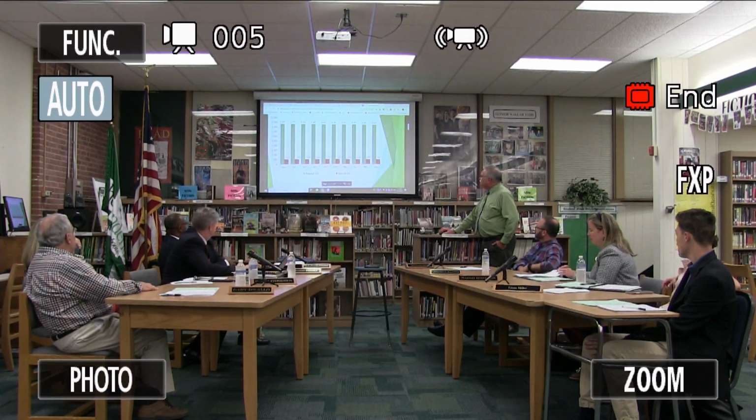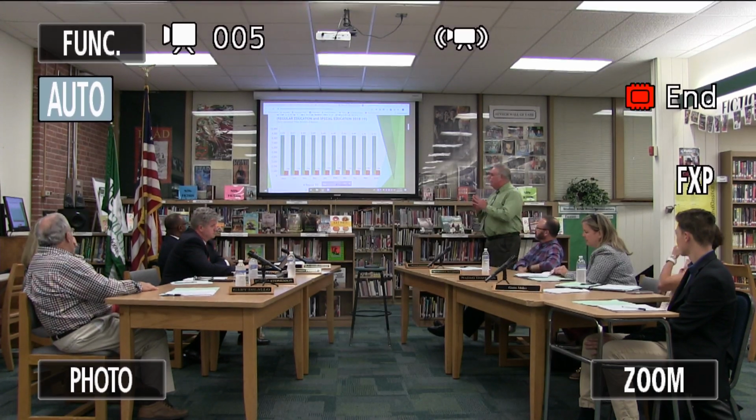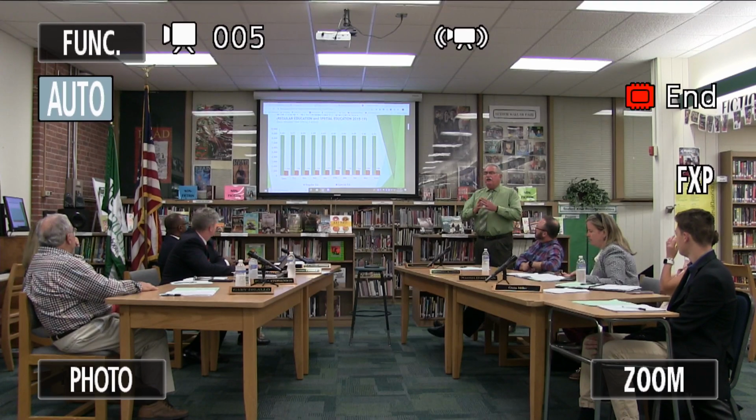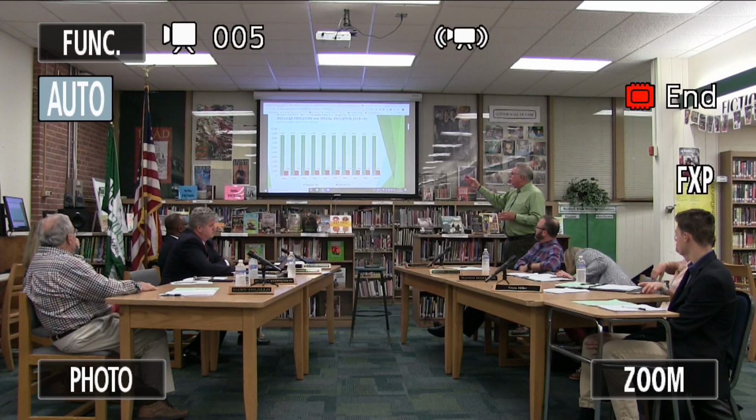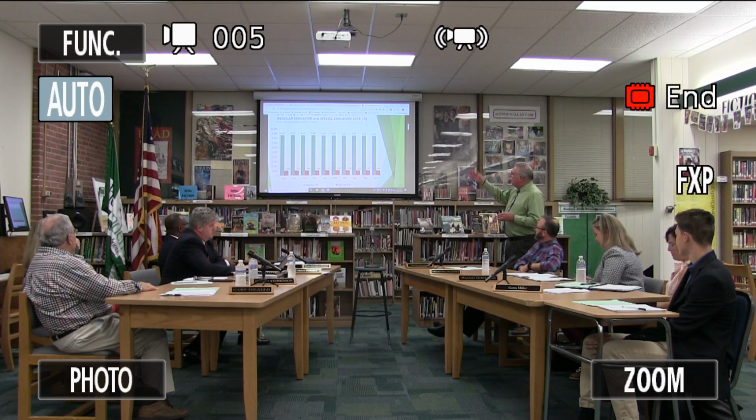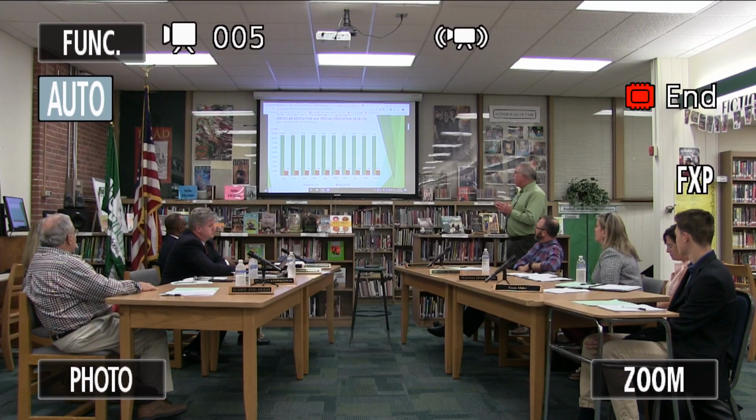Our enrollment numbers, we do this every month. They're actually called the attendance periods. We have 10 attendance periods, September through June. The green bar represents the students that are regular education. The little red bar are the students that are in special education. This, of course, is September through June of last year.